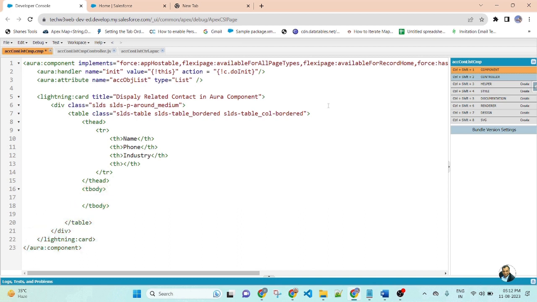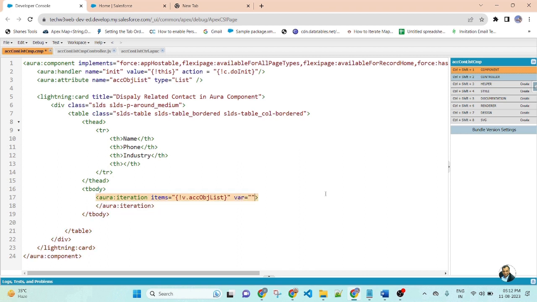Inside T body I will create an Aura iteration. Inside the Aura iteration I use items equal to v dot list of the account object list. Then var equal to item.